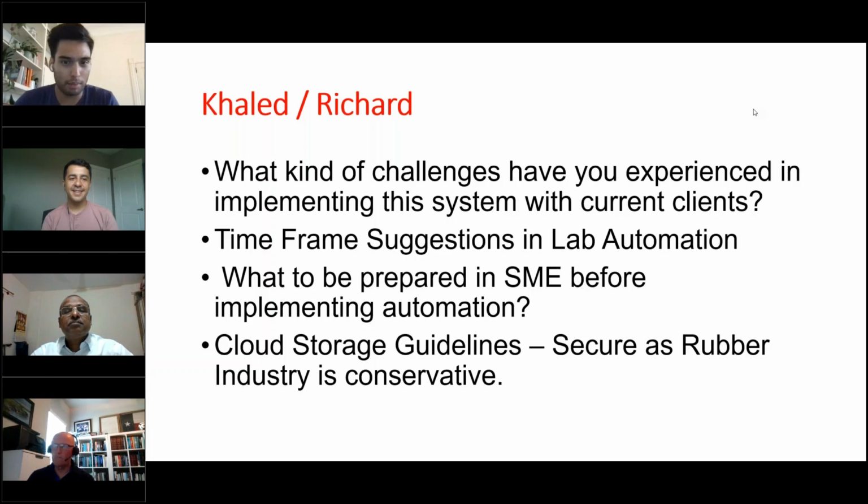Time frame suggestions in lab automation. I'm not really sure what this is suggesting. I guess I could say we'll call this implementation of Uncountable versus the implementation of Labs Cubed. So for us, it takes about 4 to 8 weeks to get people up and running and using it. To get more towards lab automation, where we're automatically pulling data into the platform, this is probably like version 2, because version 1 is how do we get people out of simply spreadsheets. Version 2 is how do we automate data dumps into the Uncountable platform. That typically comes between, I want to say, month 6 and month 9. But the key thing is how do we get people using the system as soon as possible. So it's a gradual process.